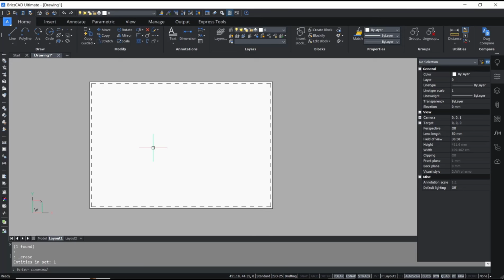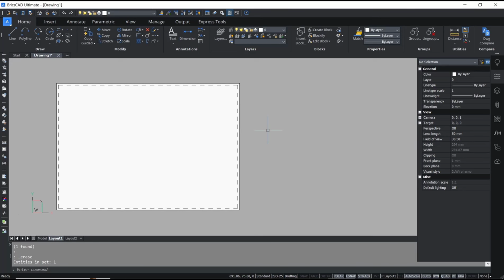Okay, that's it for basic BricsCAD tutorial: how to edit